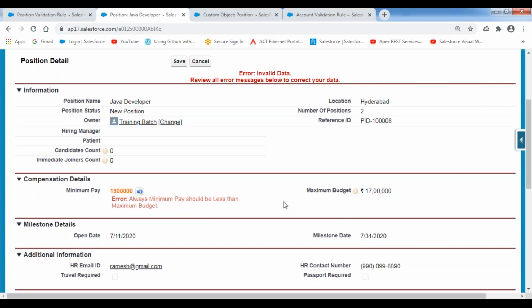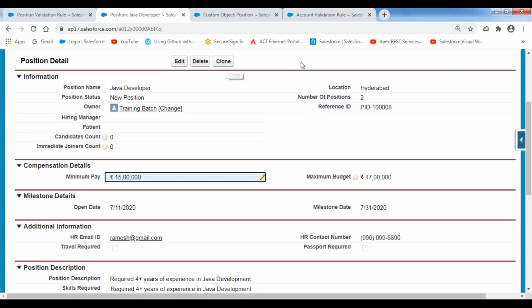Yesterday you taught about the auto number data type. What is the difference between the ID and the auto number? See, ID will be different. The ID is generated by Salesforce, which is an 18 character ID. Auto number is for our internal reference, where we create a unique ID for each and every record based on our own formats. Like product code will be P hyphen some value, customer code will be C hyphen some value. Like that, we can generate our own auto number values for our records.